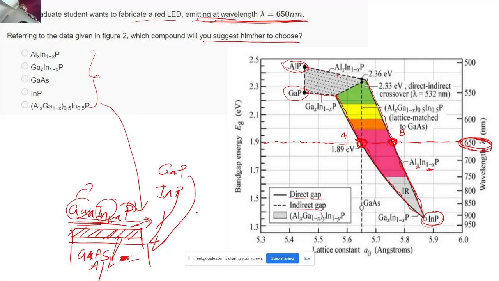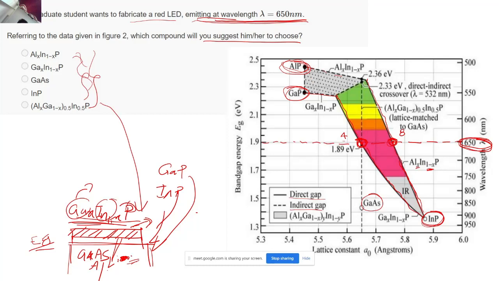So I was asking which of these points you will choose, and as a hint I had given that we generally choose a substrate, and on top of that we grow an epitaxial layer. These are the only five options that have been given to us. So the question is which of these epitaxial layers you want to grow on top of this substrate. I have just taken the example over here. GaAs is not the answer, I mean, it may also be the answer, but we are going to take one substrate. Those substrates may be gallium arsenide, indium phosphide, gallium phosphide, or aluminum phosphide.